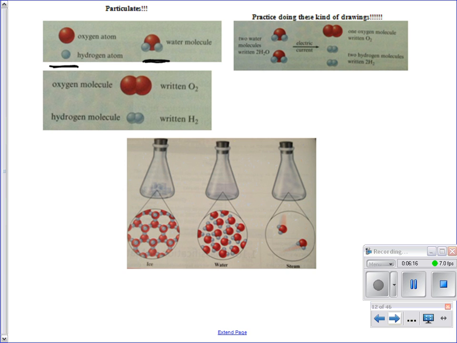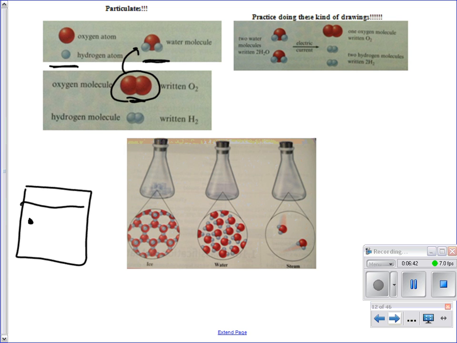You're going to need to know what the difference is between drawing a diatomic versus a compound. How is this diatomic drawn differently than that compound? You've got two of the same sized ball attached to another one just like it, versus that water molecule that has different elements attached. You're going to have to know how to mix these together. If I say to draw a mixture, you're going to have to be able to draw a mixture, okay? Those kinds of things.